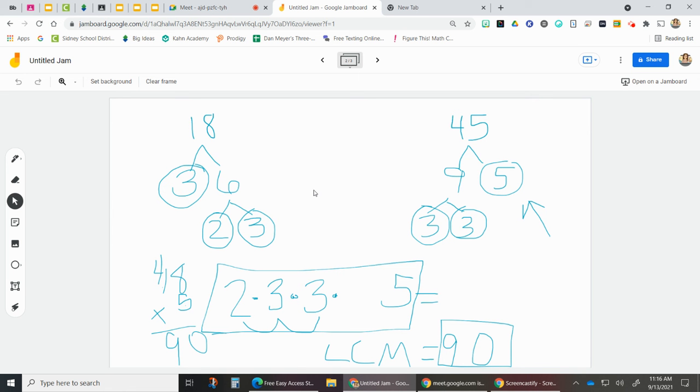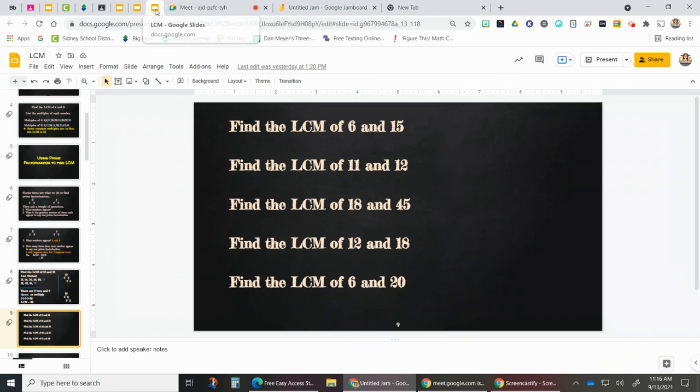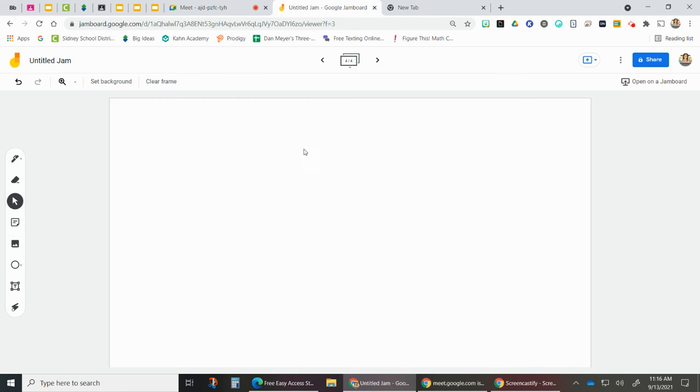The factor trees end up becoming pretty quick compared to listing multiples, because sometimes it takes quite a few multiples before you find ones that have something in common. I want to go back to this example list over here, 11 and 12, and talk about it a little bit. If I have to find the least common multiple of 11